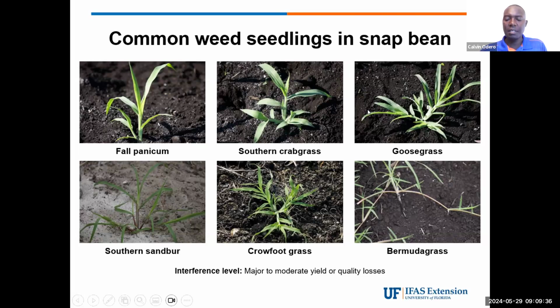And then goosegrass is typically very smooth. It's very flattened if you look at the stem. And it will also have a toothed membrane that is very uneven. On some of the sandland areas, you can come across the sandbur. When they're mature, they have